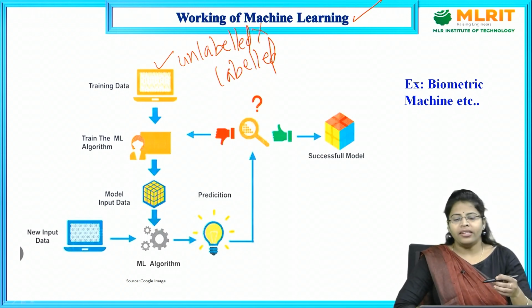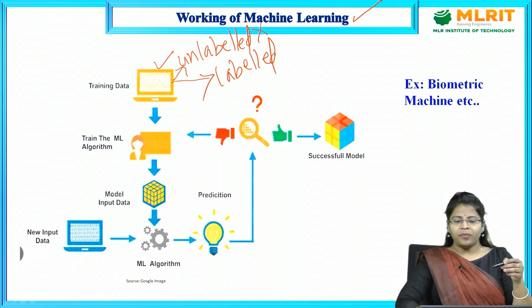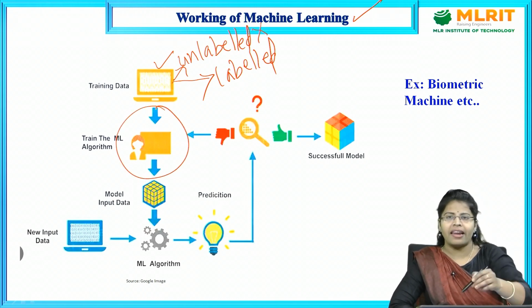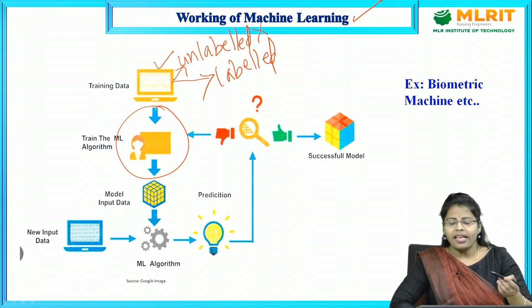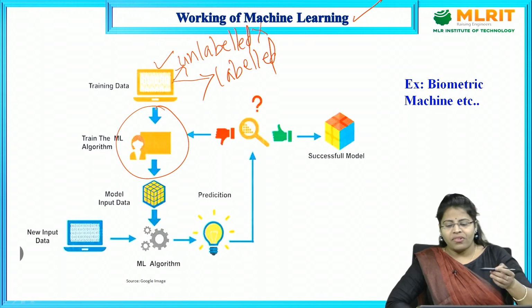So the training data set consists of both labeled and unlabeled data sets, and we train the machine learning algorithm with the help of these. After giving training to that algorithm, we are going to